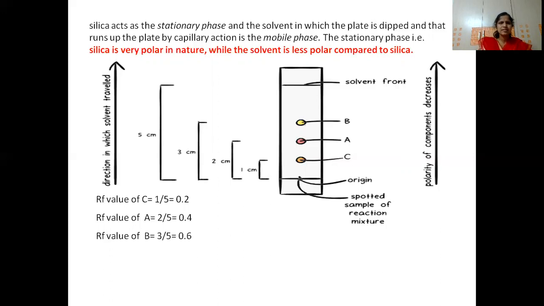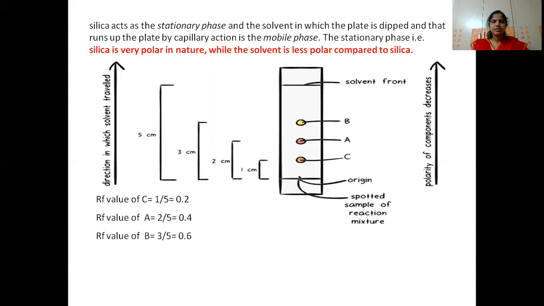Now in this case, we can find out which is more polar and which is less polar. So as we have taken silica gel on the slide, as I said, silica gel is polar in nature, and we have taken the mobile phase, a non-polar one. So what happens is, here you have to remember one point that like dissolves like. So when silica is more polar, then it strongly binds to the more polar components. So as I said in the starting itself, more the affinity towards the stationary phase, less is the distance